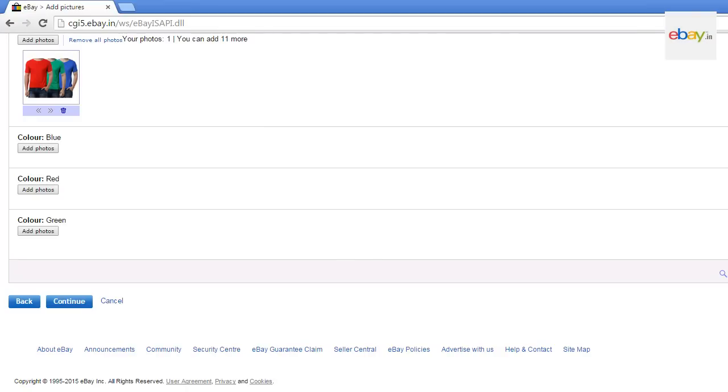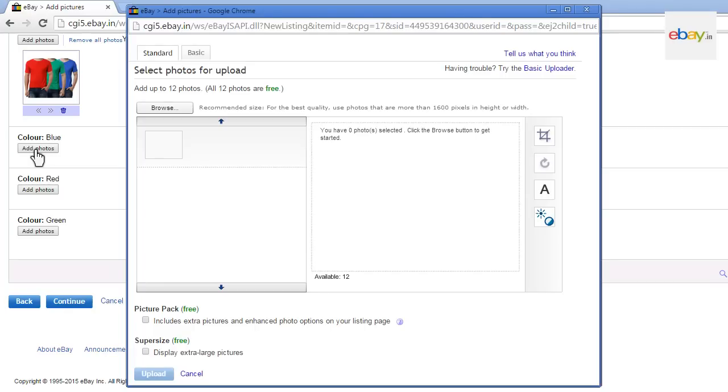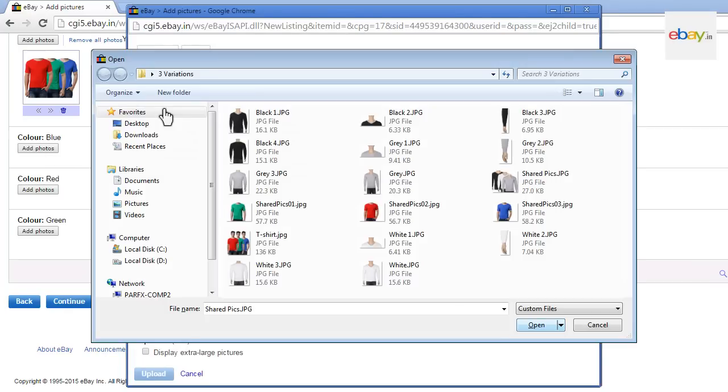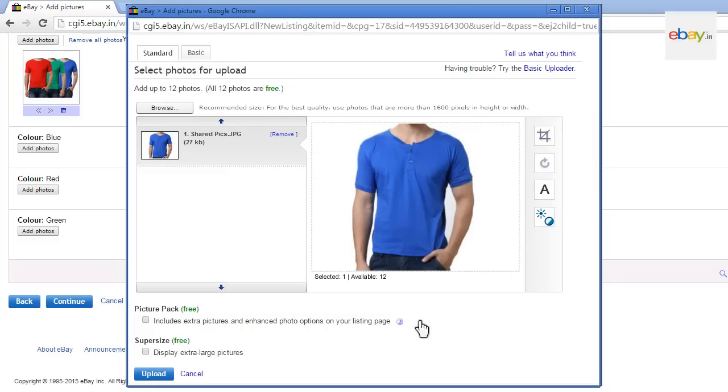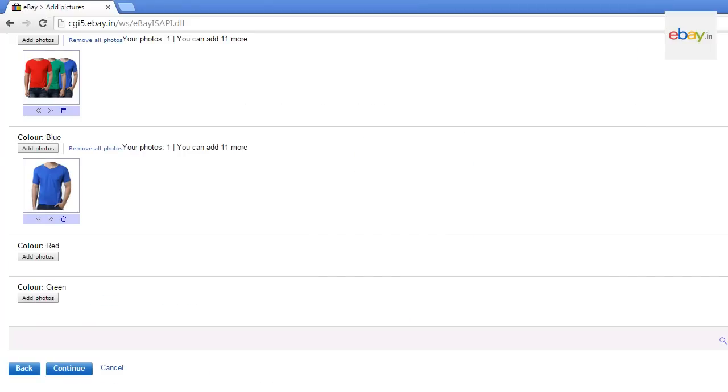Similarly, add pictures for the blue t-shirt. Now, add pictures for red t-shirt.